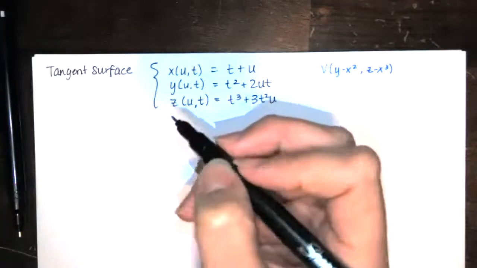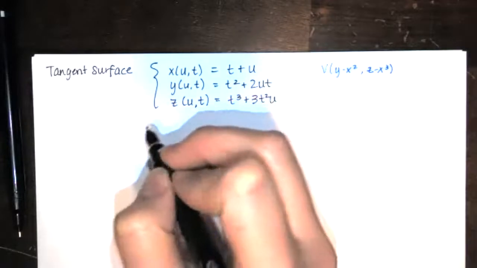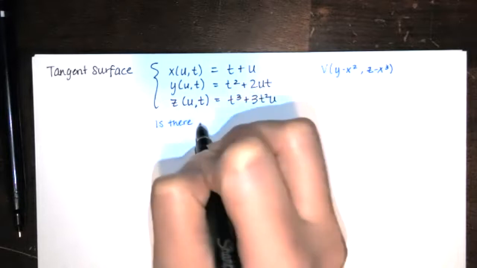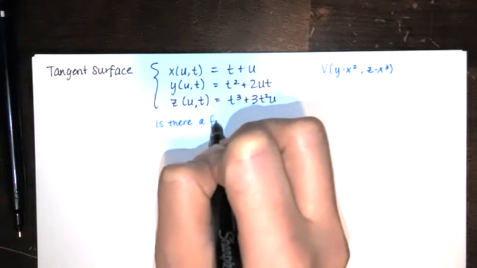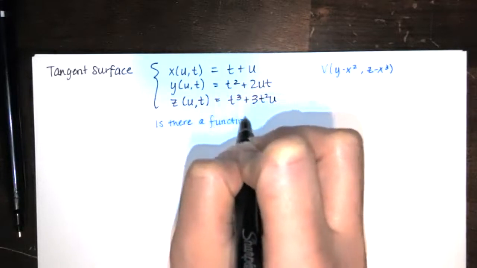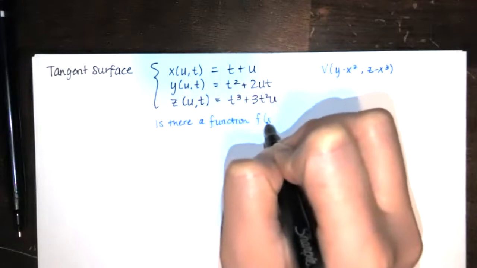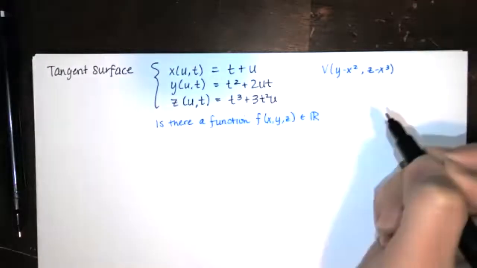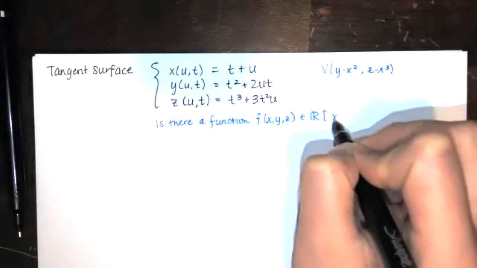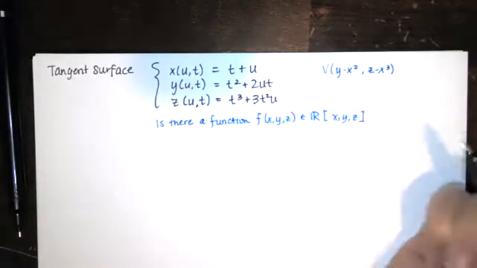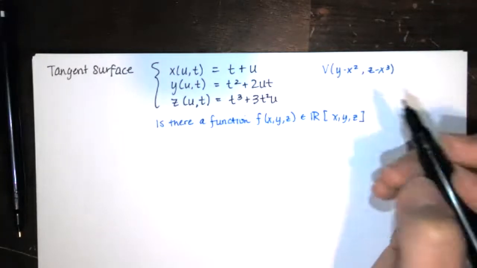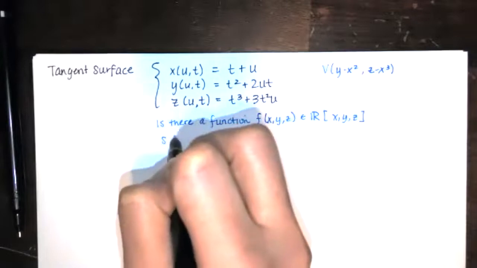Or in other words, is there some equation out there, a polynomial function f of x, y, z, in this ring of polynomials with real coefficients in the variables x, y, and z, such that